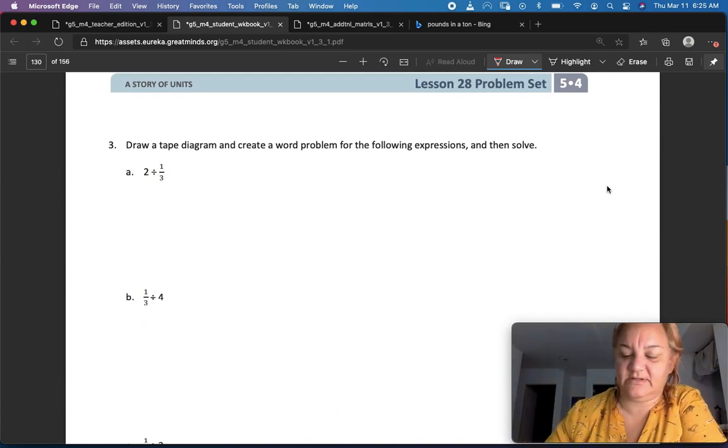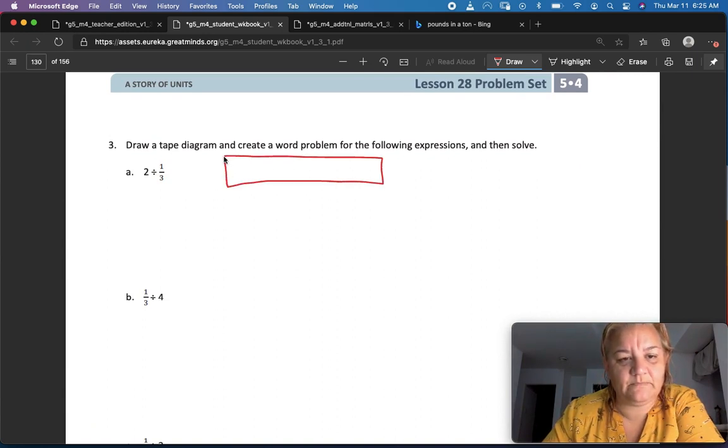Great. Number 3, draw a tape diagram and create a word problem for the following expressions and then solve. Okay, well, let's do the problem first. 2 divided by 1/3. So here we've got 2. There's 1, 2. So this whole thing equals 2. And we're going to divide it into thirds. So 1, 2, 3. 1, 2, 3, and I'll make this one a little bit bigger so you can see that this is 1 and this is 2. And if this is a third, this is a third, this is a third, this is a third, this is a third, and this is a third, our answer is